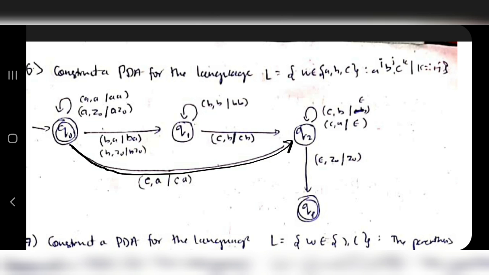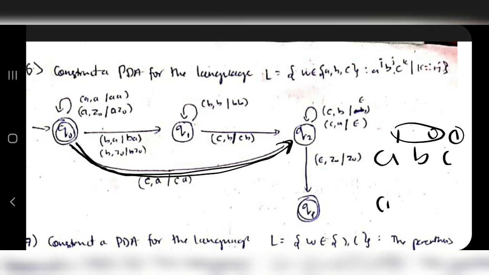What I mean is, I can have this: A power 1, B power 0, C power 1, because 1 plus 0 is 1. In this case, I'll be directly reaching the final state. And I can have the same thing for A power 0, B power 1 and C power 1. In this case, I should have written here C comma A, C comma B and CB. Okay, this I have missed, but it will be there.